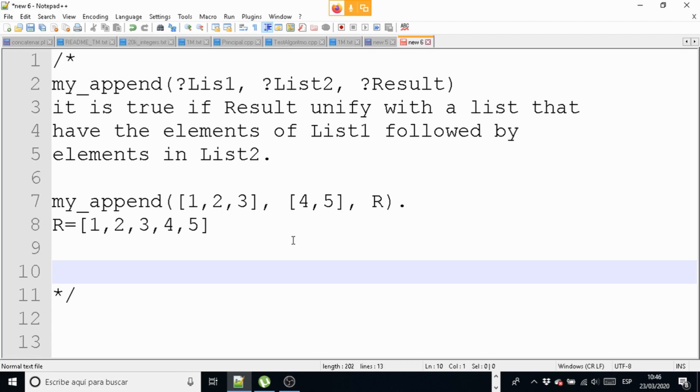Now, next part. Let's ask for the n-1. So my append